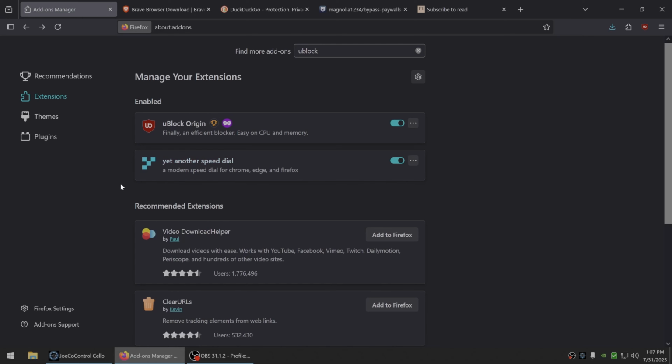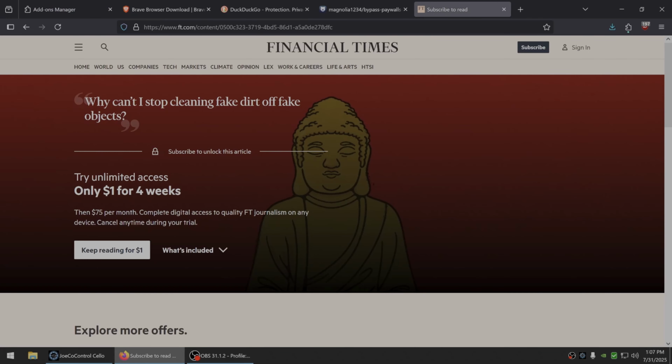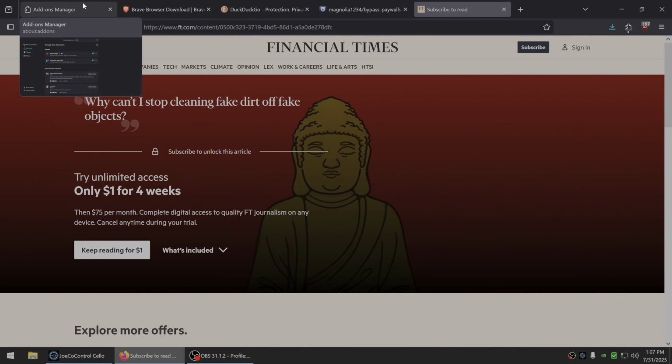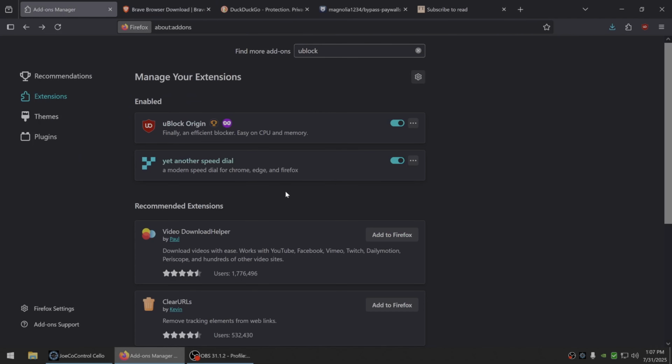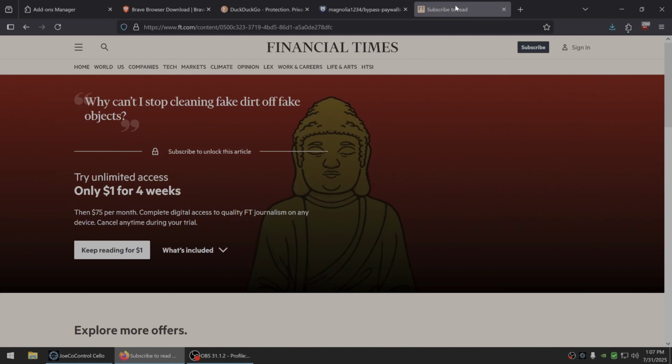So if you're just okay with it, or if you don't have $15 a month for YouTube Premium or $75 a month for the Financial Times, then this is how you can still bypass the ads on YouTube and the firewalls for a lot of the online corporate print media out there these days. It's mostly about the paywalls. I keep saying firewalls, I mean paywalls,